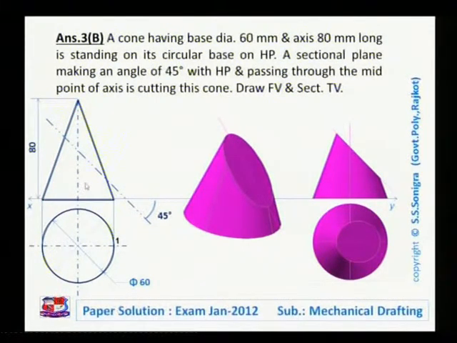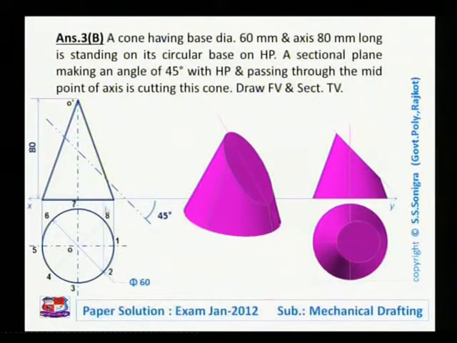Now to draw its sectional top view, let me divide this cone into equal parts. I have divided the circle into 8 equal parts, and these lines represent the imaginary generators over this cone. Name the endpoints: point number 1, 2, 3, 4, 5, 6, 7 and 8. So 8 imaginary generators are there over the given cone; this is apex point O and here is apex point O dash.